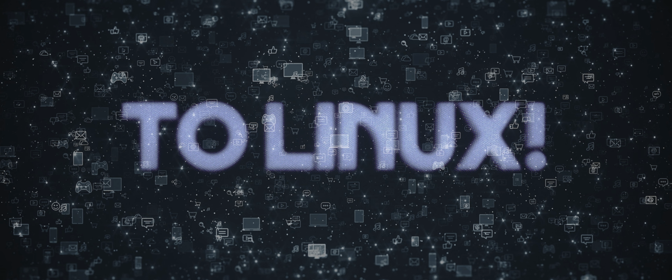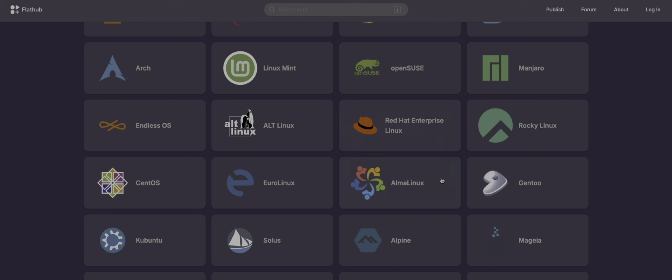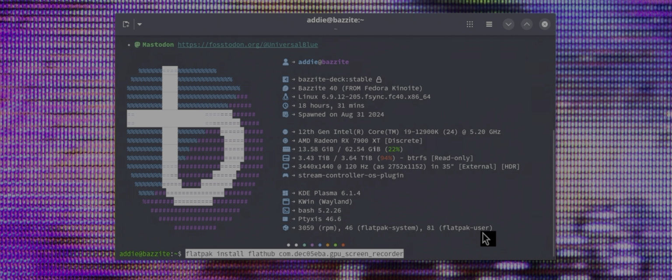Shadowplay has come to Linux. Install Flatpak on your distro if you haven't already, usually done by the usual package manager for your distribution. Link to instructions for most distros in the description. Then in a terminal, run flatpak install flathub